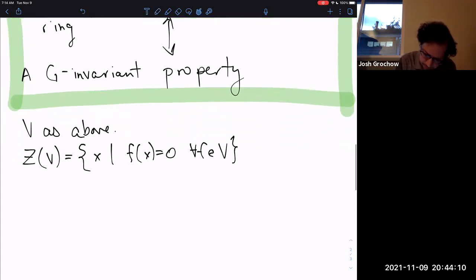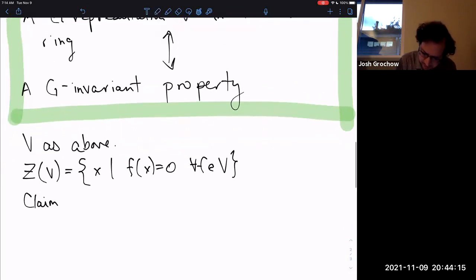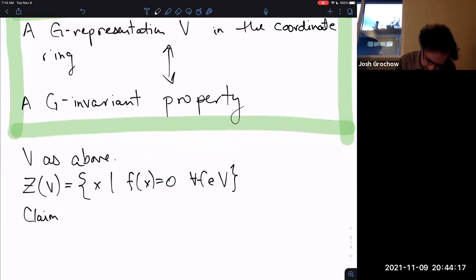Okay, and the claim, which I guess is the down arrow in the above correspondence, is Z of V is,